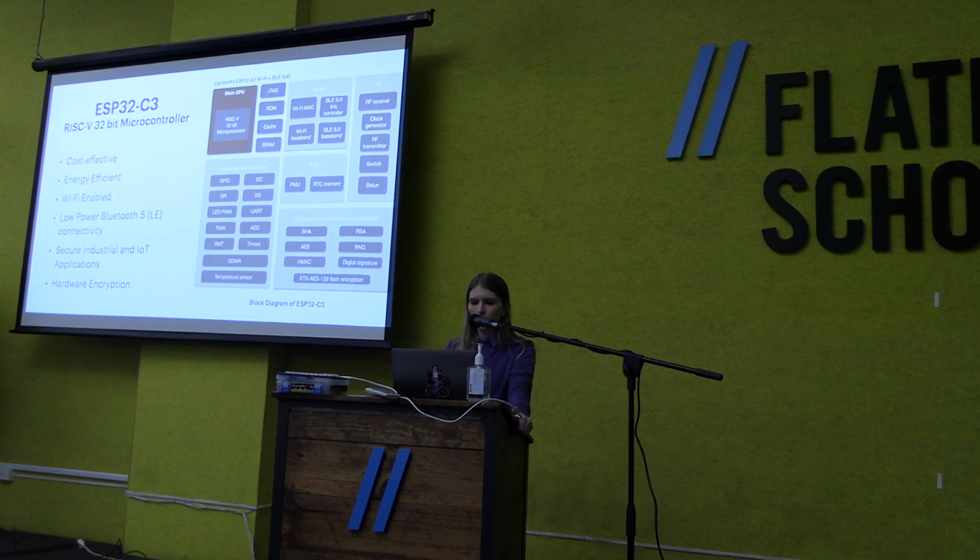The advantages of the ESP32-C3 are that it's highly cost effective. It's roughly $1. Even with the chip shortage, it's maintained a pretty low cost and pretty high availability. It's very energy efficient. It can last in very harsh environments for months to years on end. This one is Wi-Fi enabled, which is one of its advantages. It uses a 2.4 gigahertz standard Wi-Fi module built into the chip itself. It has low power Bluetooth 5, low energy connectivity,